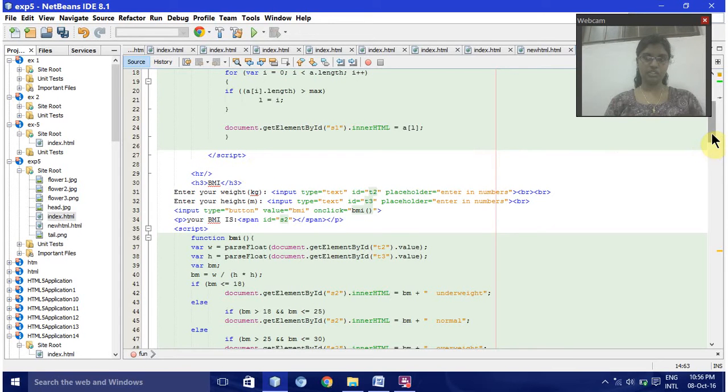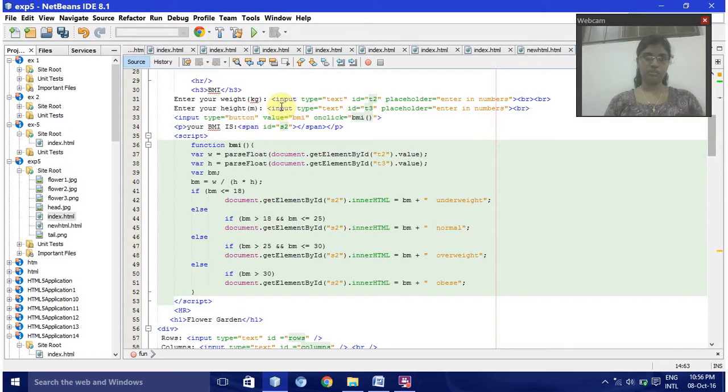creating the BMI, finding the BMI of the weight and height. For using the enter your weight and height, and then using these placeholders we are creating, and then input type button we are using, and the span ID S2, and then using the script tag, on this function JavaScript function we have created, where document getElementById T2, T3,